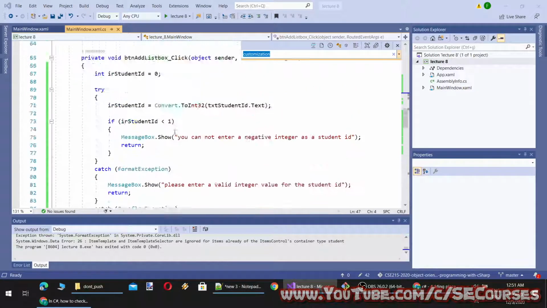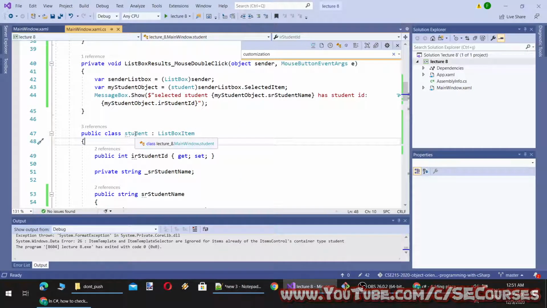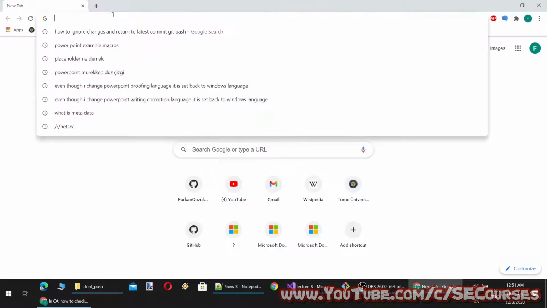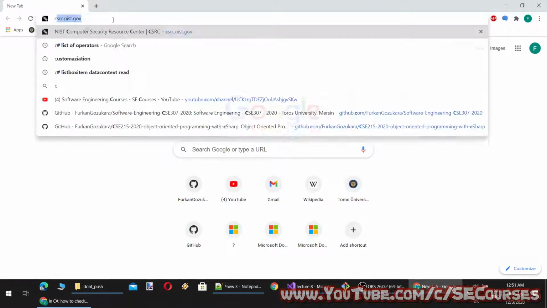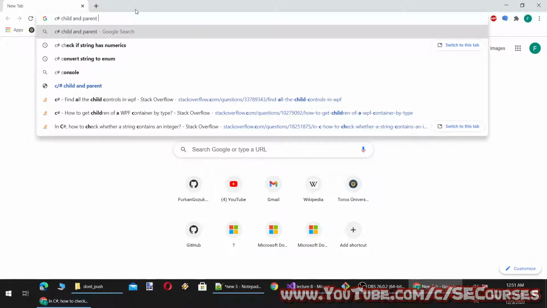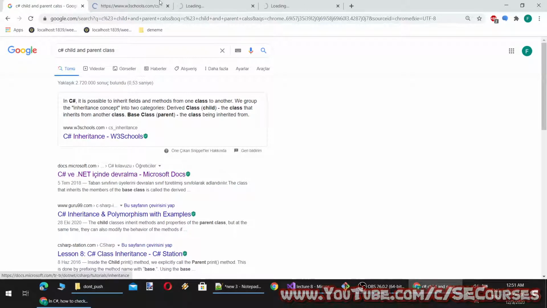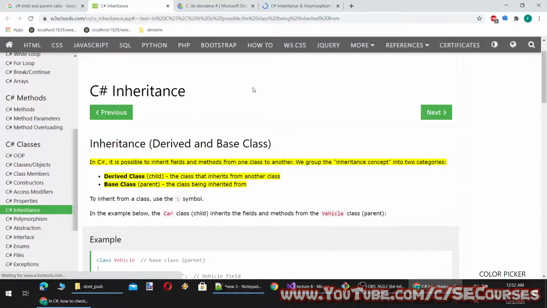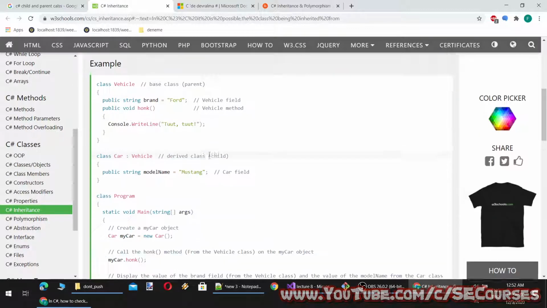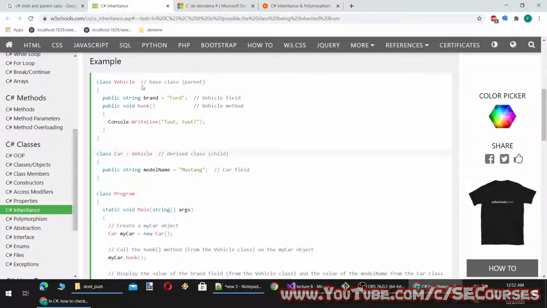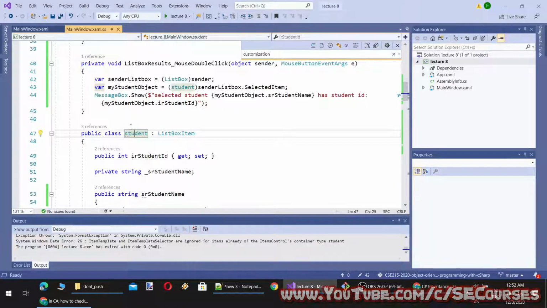So here the student is the child class and the parent is the listbox item class. Let's find some examples. So the derived class is child and the base class is parent. So the base class here is list box item.